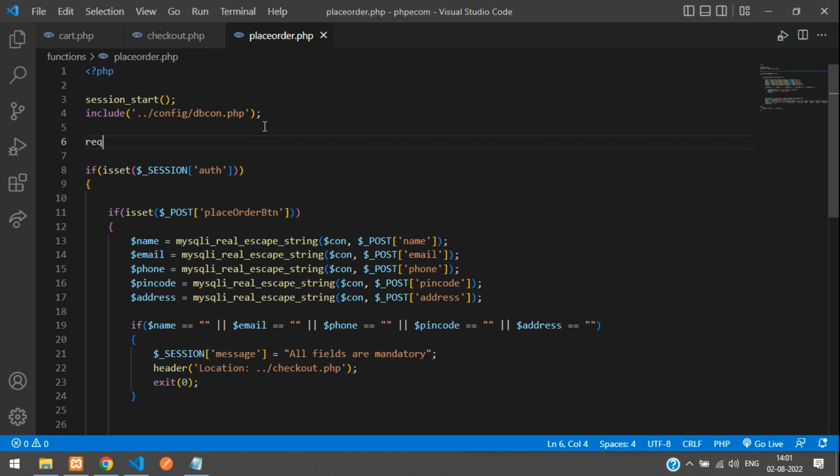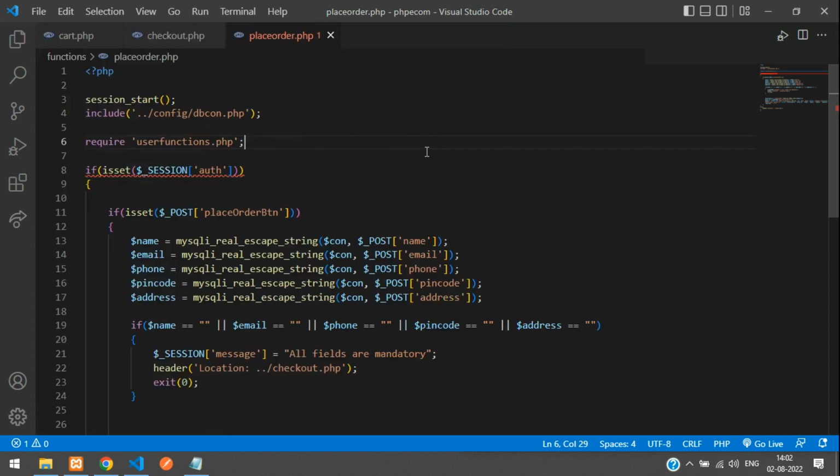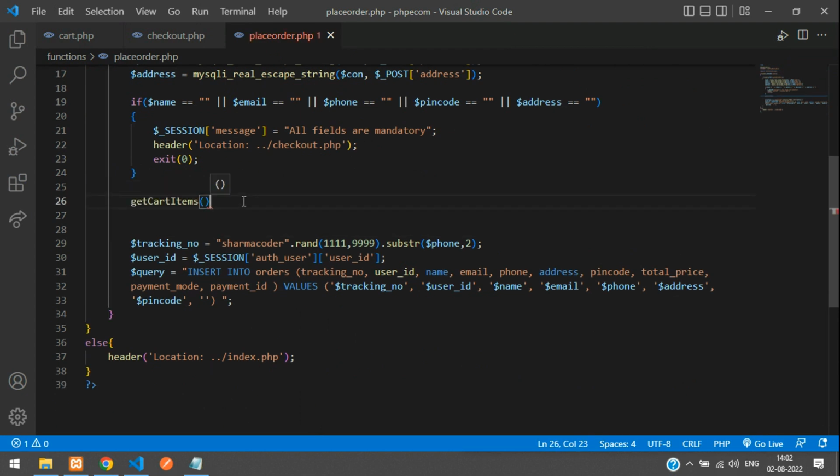Say require and the path to that file. So we are in the same directory, right? So you can directly call it user functions.php. Okay, and then can call that function over here, get cart items,